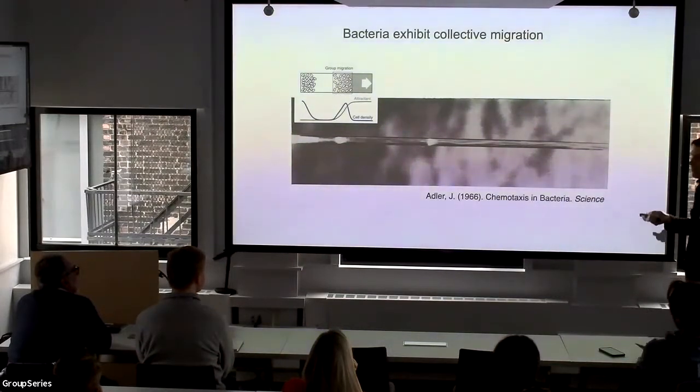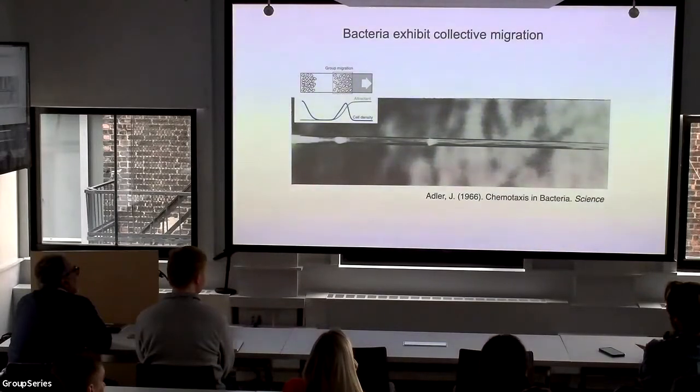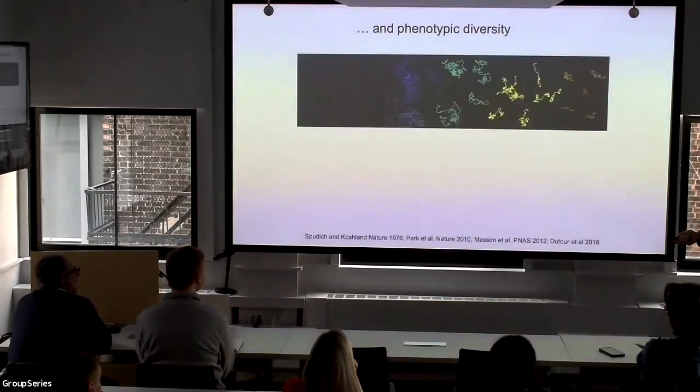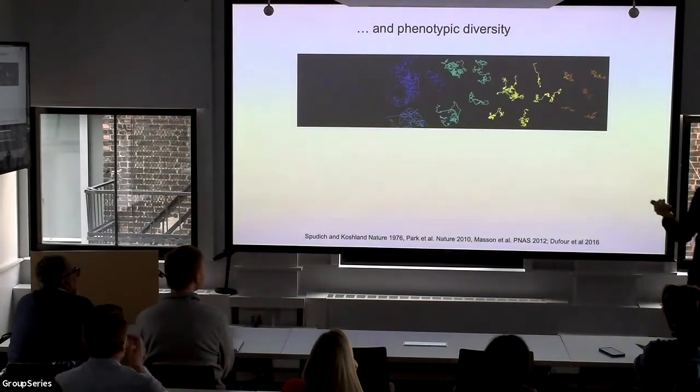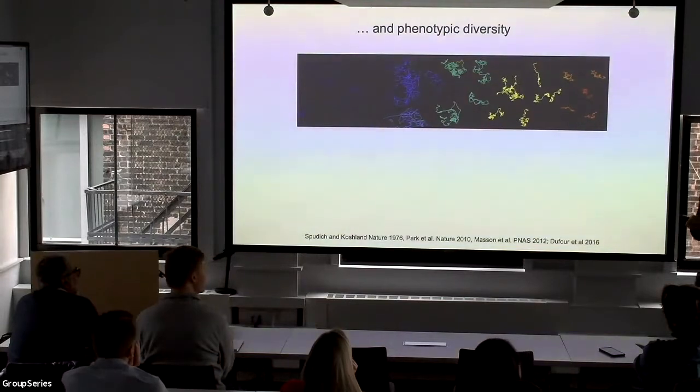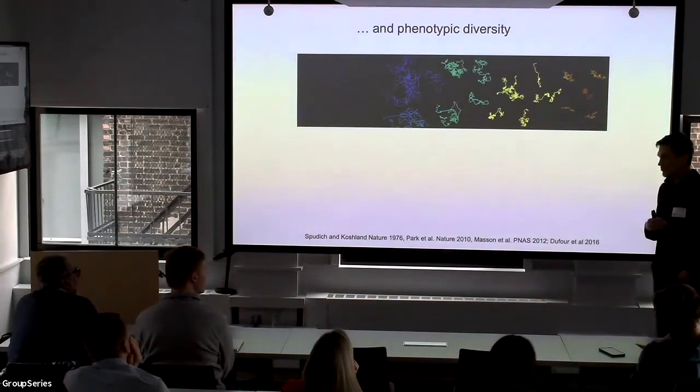Okay? But then you can take the cells in that group and put them into an environment where there's no nutrient. You wash away all the nutrients, and then you look at the behavior, and you see that individual cells are very different. The same population, you have cells that change direction very, very often, and others that rarely change direction. So I have to explain these cells, the way they move around is by doing a run and tumble